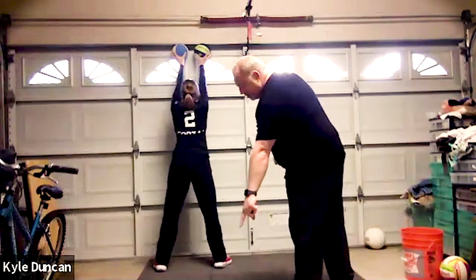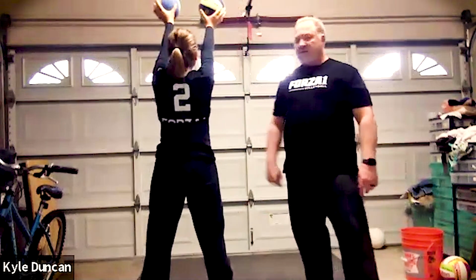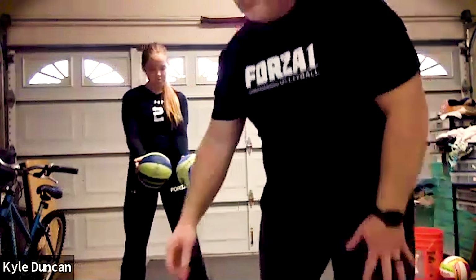You can step back just right over here, so they can maybe see a little bit of that. And then, yeah. So when she puts those balls in her hand here like this, she's able to extend and really kind of feel that hand position. So if you want to train with yourself at home, if you have a mini ball,